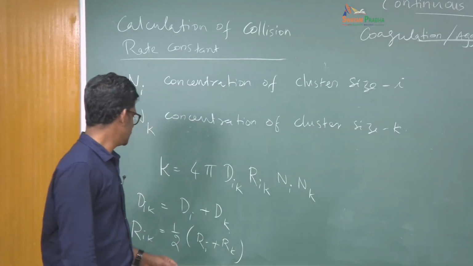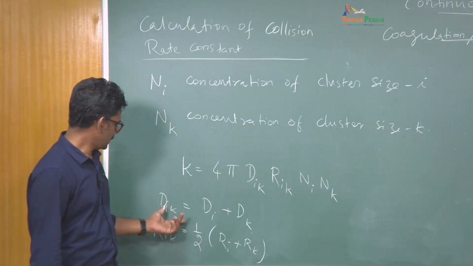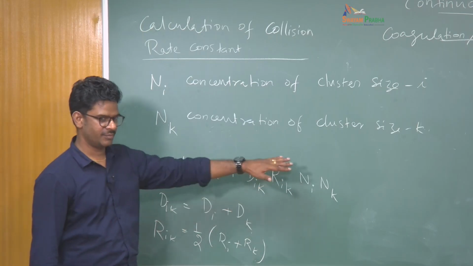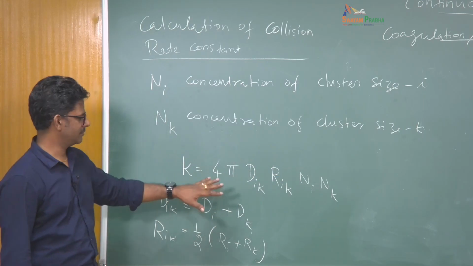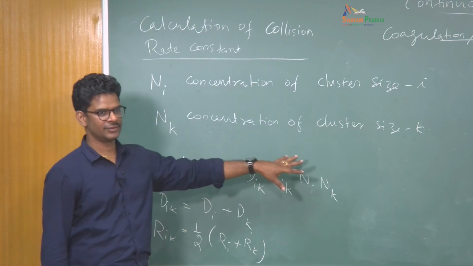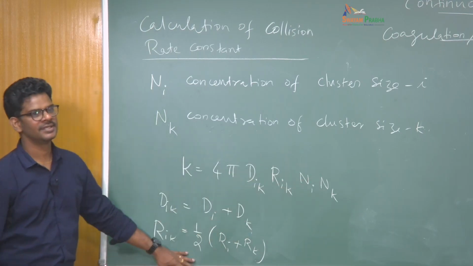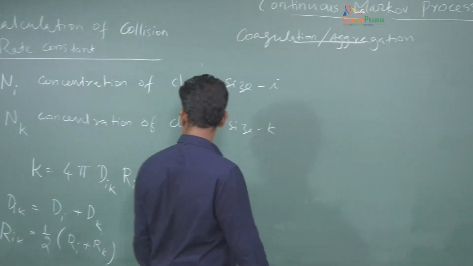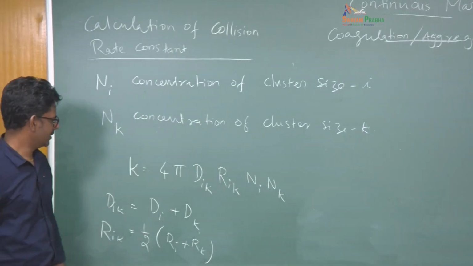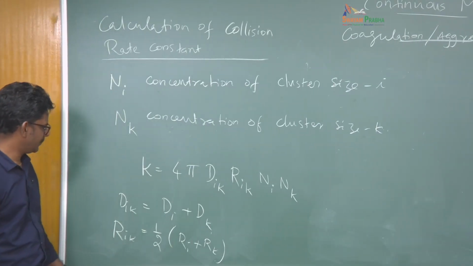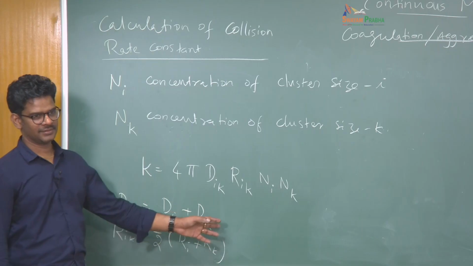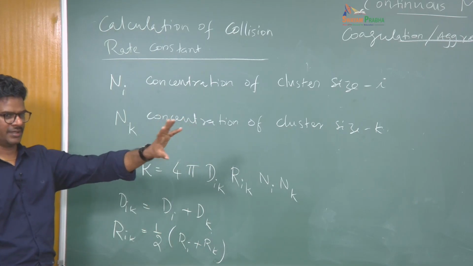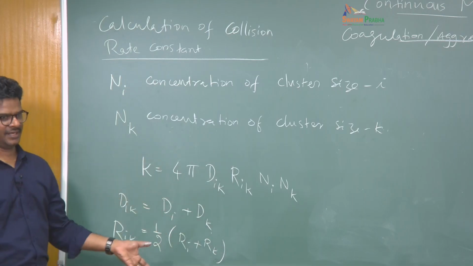Because I'm skipping some of the intermediate steps here from this general to this, okay. So I don't want to deal too much with the derivation. So we'll just take this as a final result, okay. So in fact, if you substitute Di and Dj as 1, okay, you will get the same answer like before. What we dealt with for a single monomer, we are actually generalizing for any sized aggregates, okay.